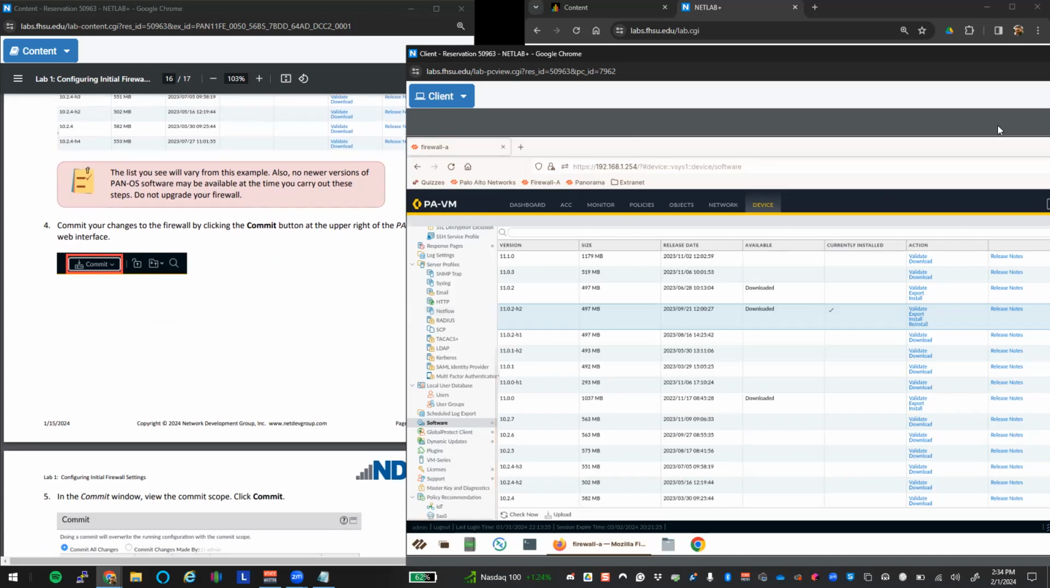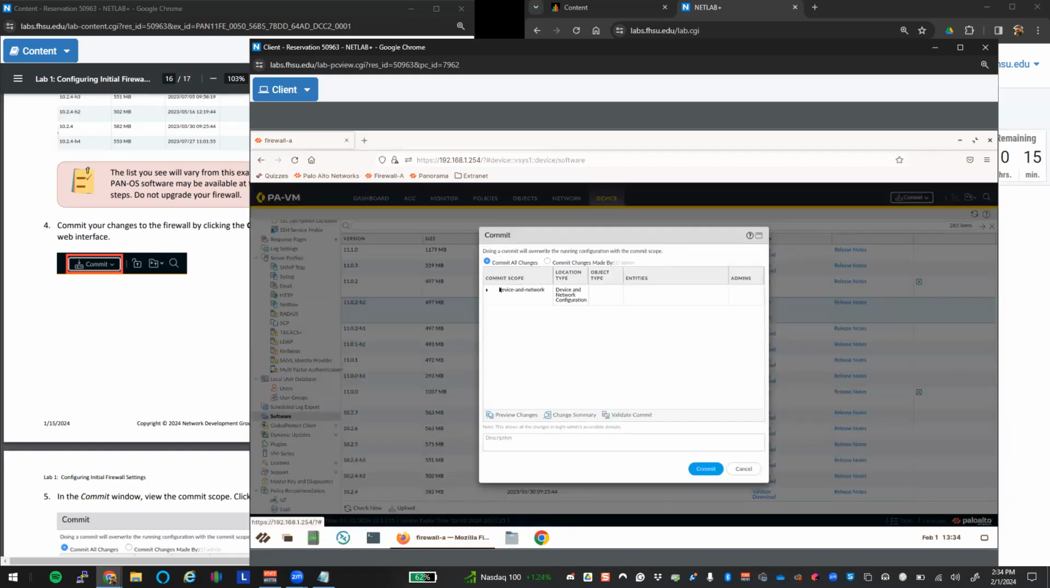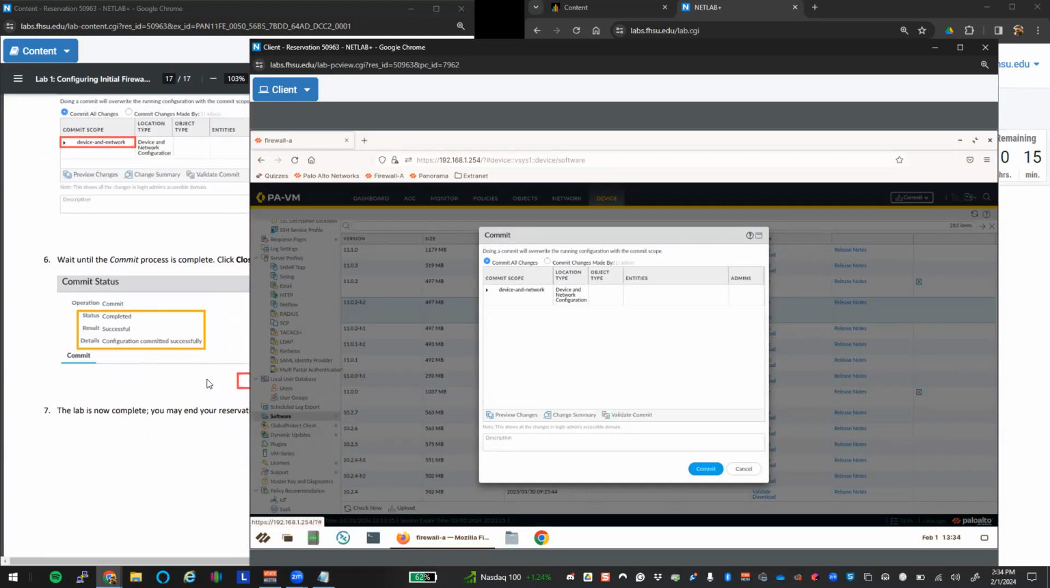Now it wants us to go ahead and commit those changes. So we will commit. And over here in the middle, we can see in the commit scope that we changed things under Device and Network. We click the down arrow. We can see we changed things under System, and the config object is where we changed the most. If we look at our change summary,